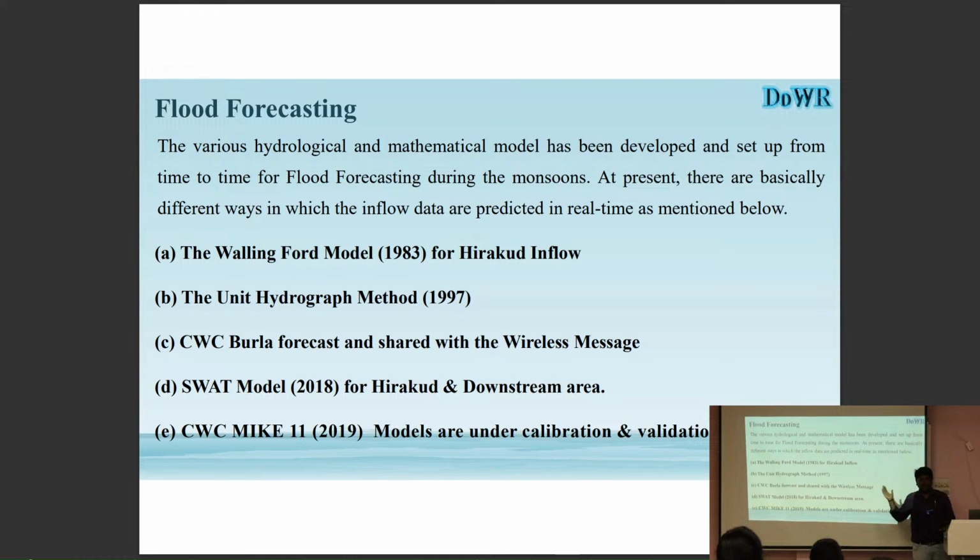So this model has 30 years of validation till now. The unit hydrograph methods, you know how you determine, and with the synthetic hydrograph methods, you have already done your assignments. But that constraint is that it was limited to 5,000 square kilometers, right? So for the Hirakud, like the large catchments,